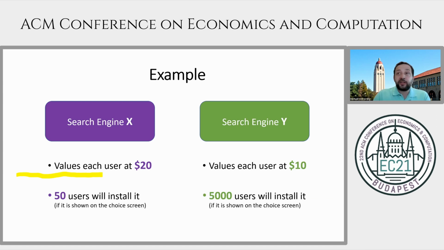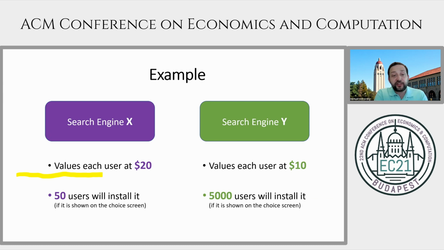And let me explain this difference with one simple example. And in fact, this is the most important slide of the paper. It kind of captures the essence of the issue. So suppose there's only one slot available in addition to Google. So Google is always shown as the option, and then we're auctioning off one other slot to be shown next to them on the choice screen. And there are 2 competing search engines, search engine X and search engine Y.